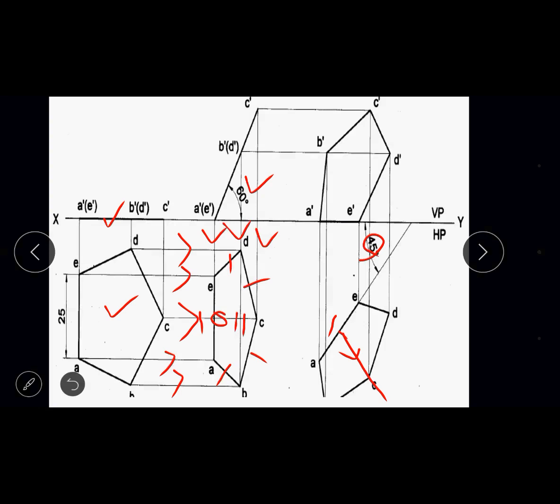So with this, out of 5 corners, 2 corners are already defined, corner A and corner E. Out of the remaining 3 corners, corner C we can define in this way. I'll repeat: the pentagon has 5 corners, A, B, C, D and E. Out of 5 corners, 2 corners are defined on the 45-degree line. Now the question arises, how do we get the other 3 corners? Out of those 3 corners, corner C we can get by taking this as a reference. In the top view of the second figure, along the line AE, you find one intermediate line.